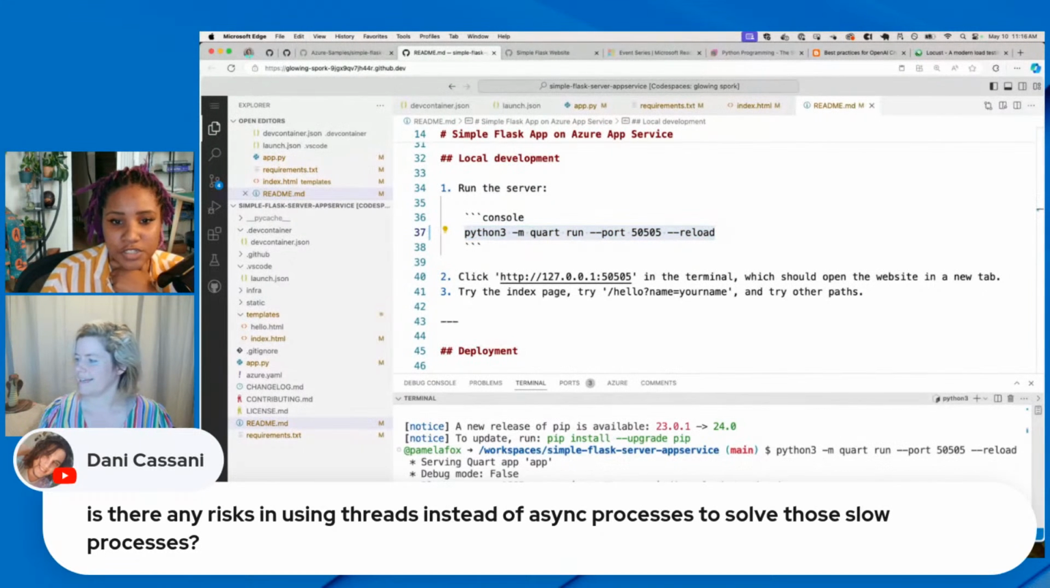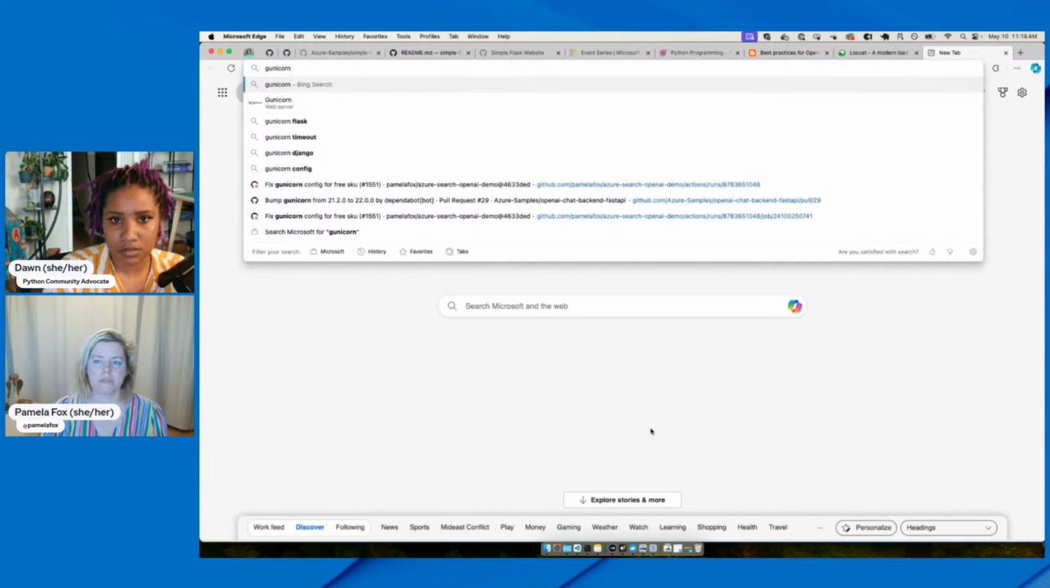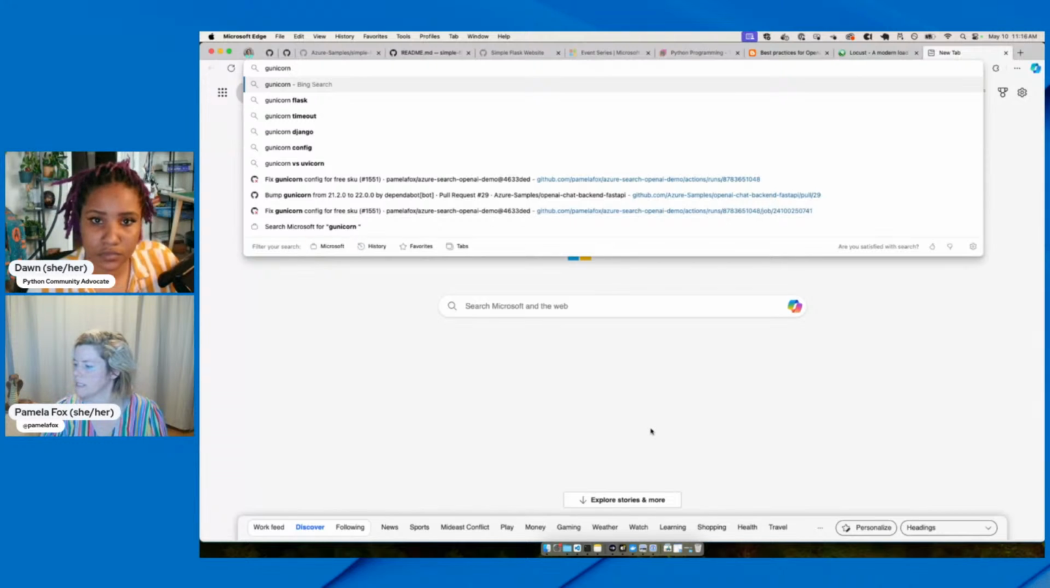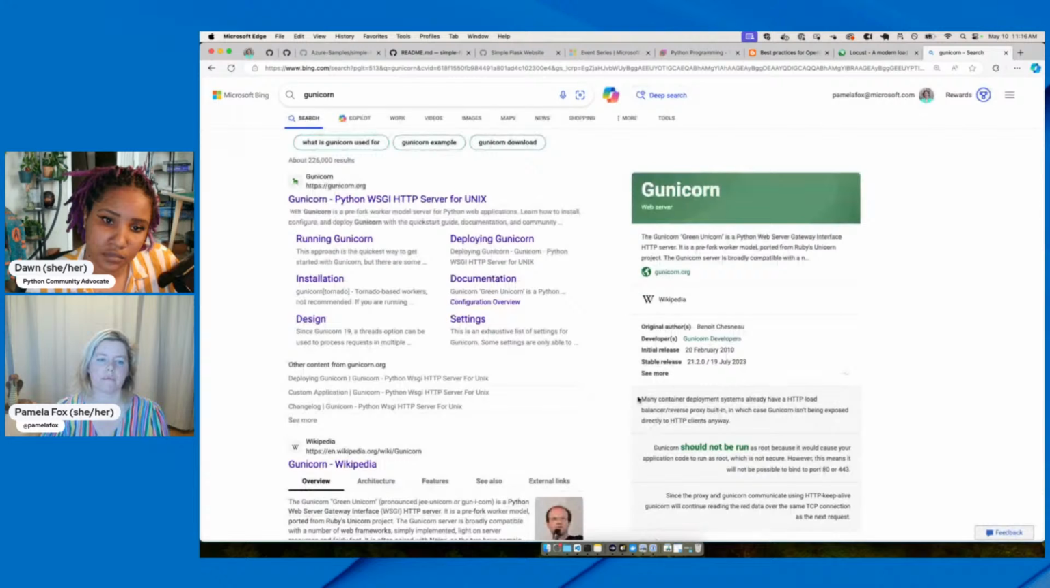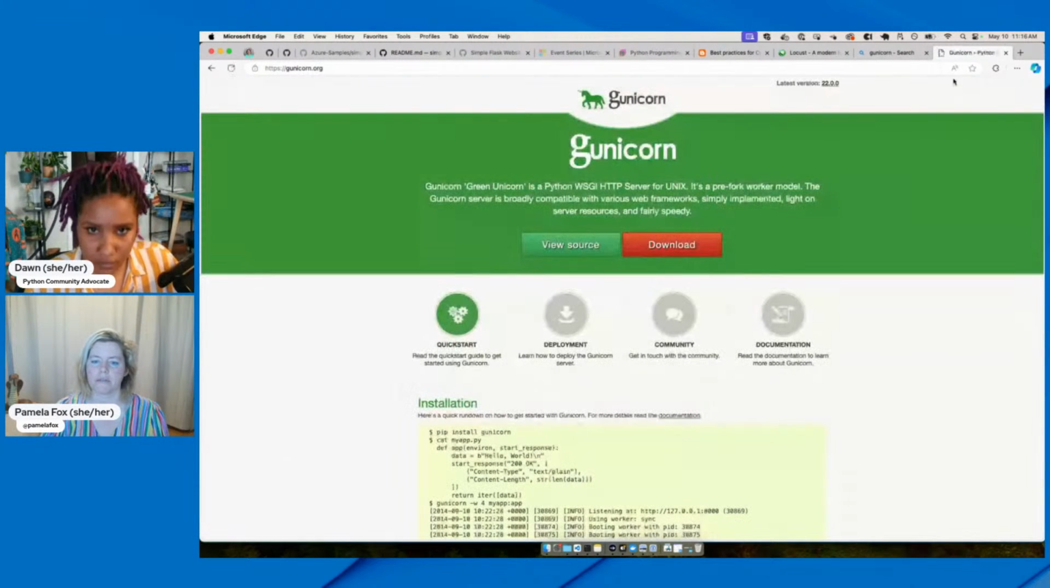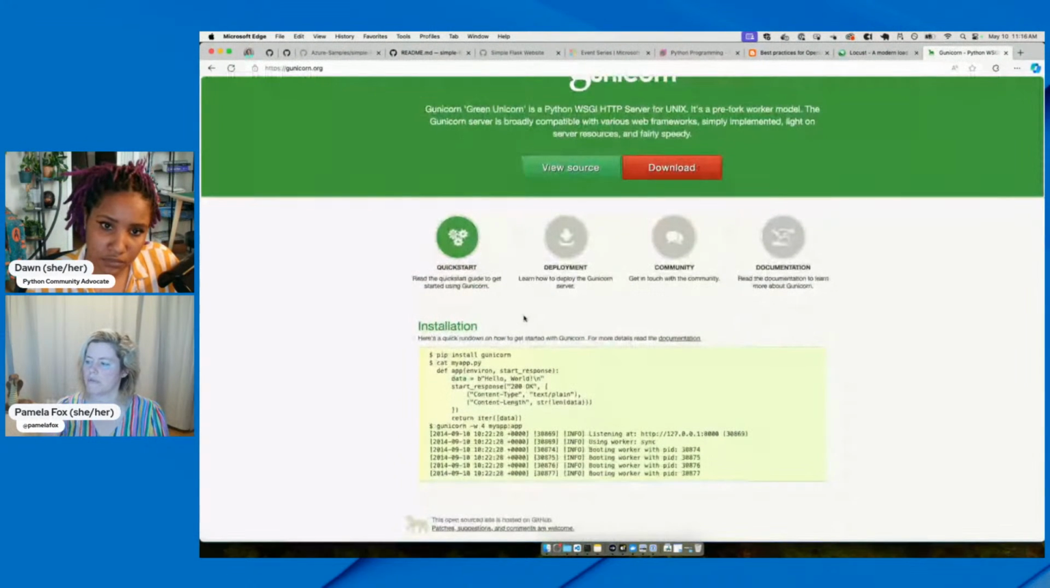And we also have another question. Is there any risk in using threads instead of async processes to solve these slow processes? Okay, so I'm not an expert on threads, so I would defer to the Gunicorn documentation in terms of best configuration of things. If you're using threads, I think you still have the issue. Gunicorn will decide whether to use processes or threads depending on how you configure it. But if you're using threads for a network request, you still have the issue that that thread